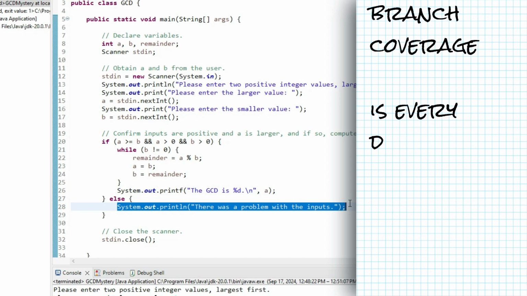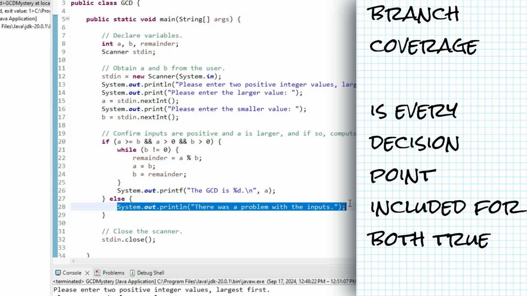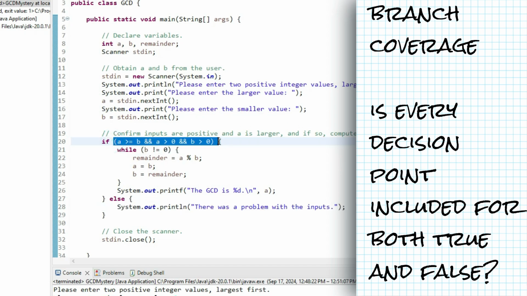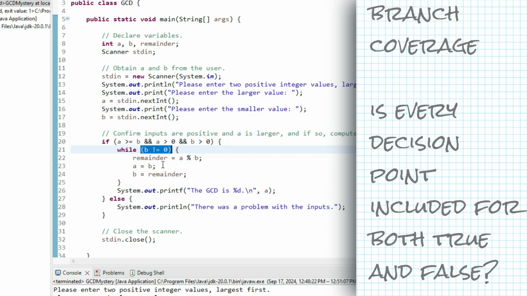Let's talk about branch coverage, which is stronger than statement coverage. In branch coverage, we make sure that every decision point is included in the set of test cases for both true and false outcomes. So, for example, that the if statement on line 20 is included for both true and false outcomes, and that the loop entry condition on line 21 is included for both true and false outcomes. If there were branches within the loop, we'd want to make sure they were included for both true and false